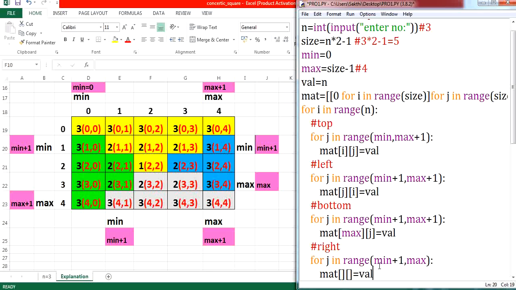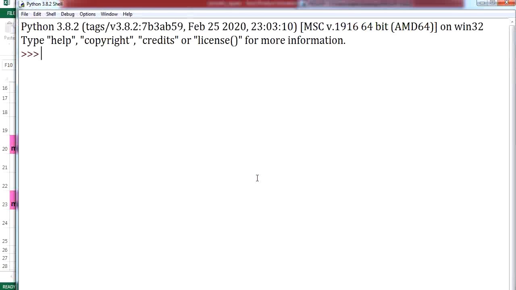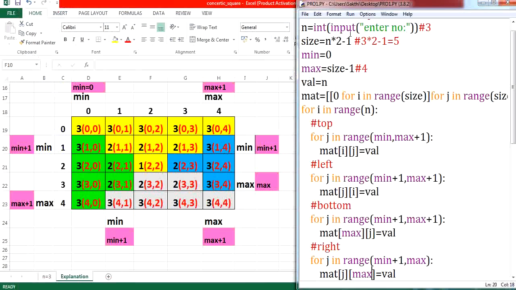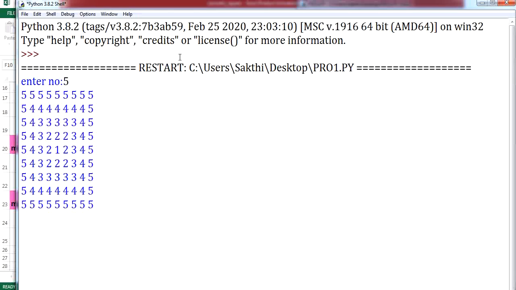assign value. Now check what is the value of your row. 1, 2, 3. This 1, 2, 3 has been set by using your j loop. So let me mention j as my row, and for your column 4, 4, 4. So it can be made use of by using max value. Clear? Now let me execute this. If I give value 3, you can notice that your complete square has been displayed. Clear? Let me give one more test case. Let us give value as 5 or something. So what happened? The same output you are getting for the required input.